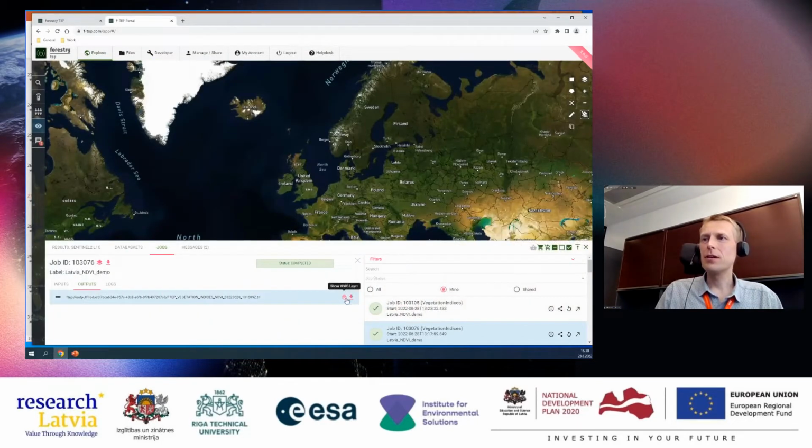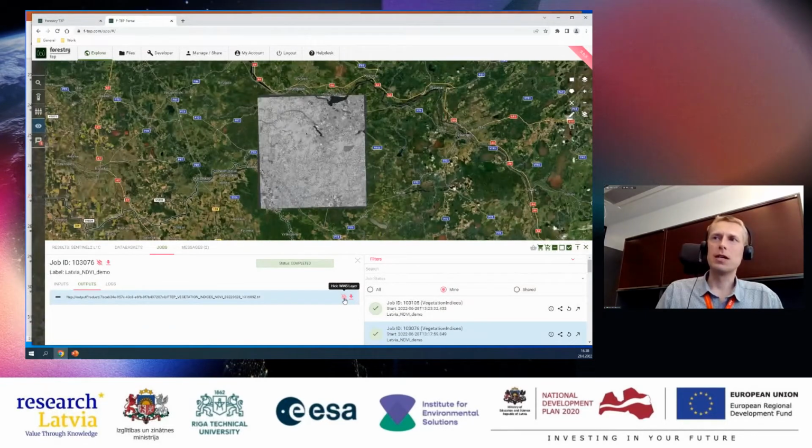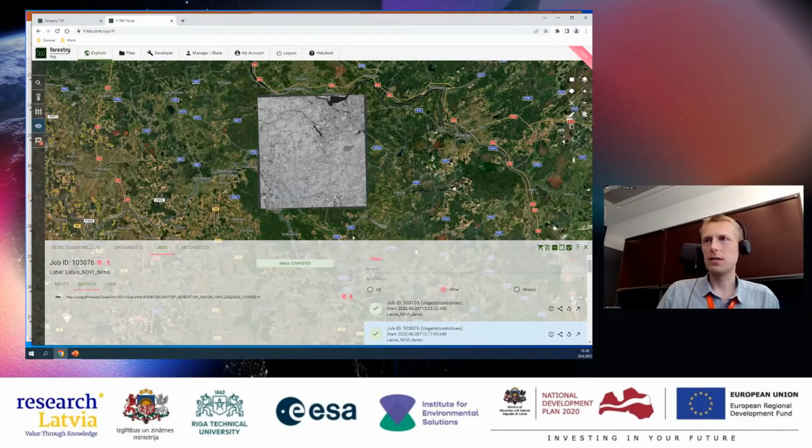And then if you click this layer image, the show WMS layer, you can see your output on the screen. In this case, the NDVI output for the area that you chose.